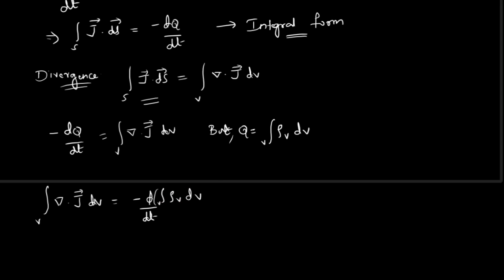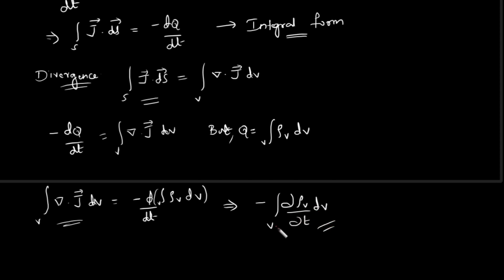That is possible. So I can write it as the volume integral of the partial differential of rho v, because the partial differential will give me the variation of rho v with respect to time in all the directions inside the volume. Excellent. So minus ∂rho v by ∂t dv. Now my LHS is this volume integral of del dot J dv, and the RHS is minus the volume integral of ∂rho v by ∂t dv.